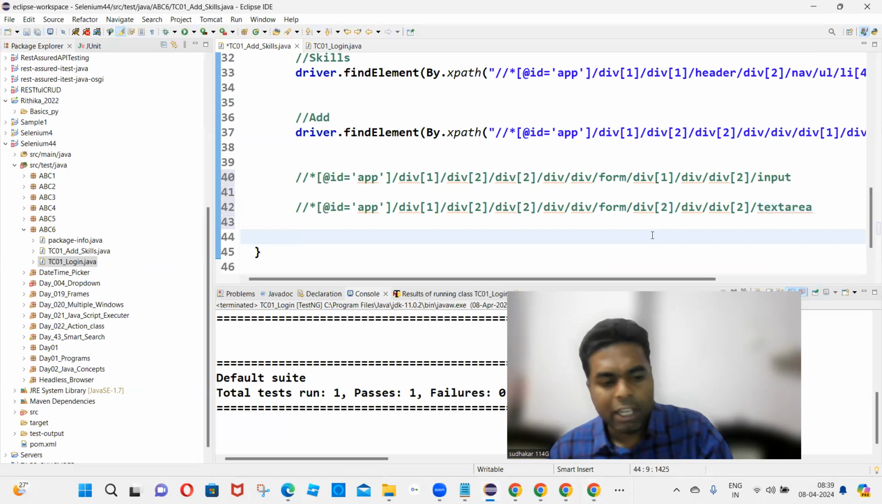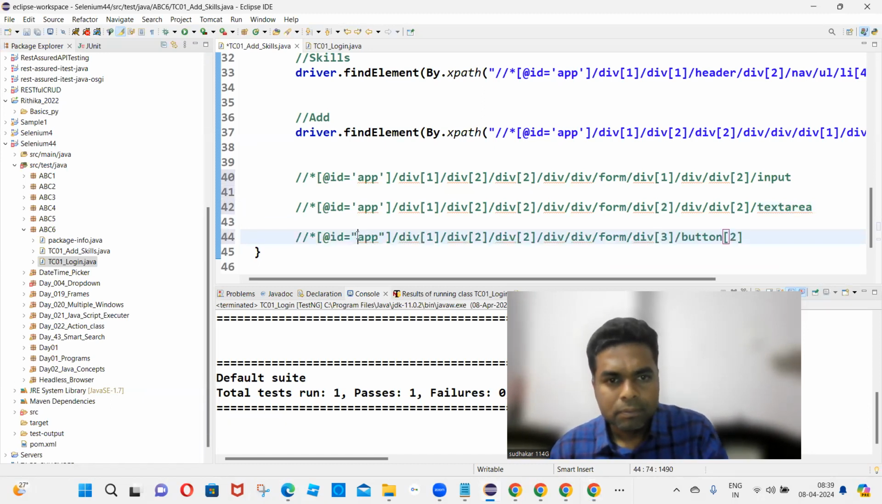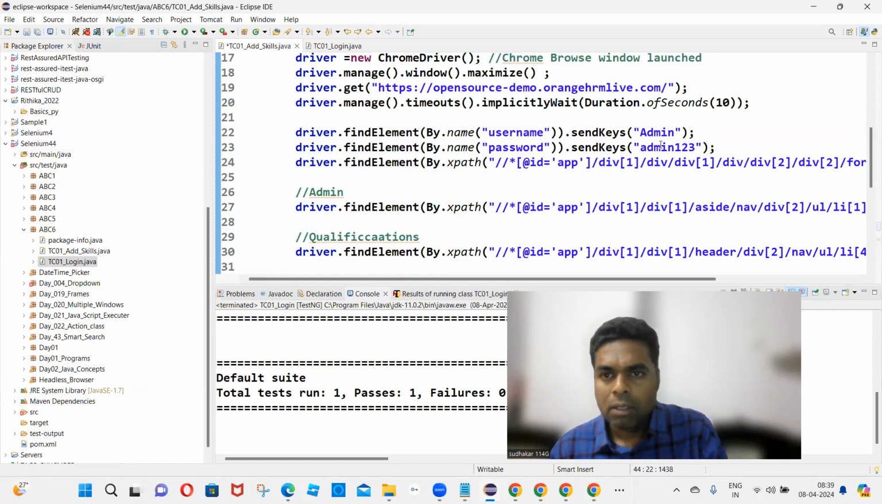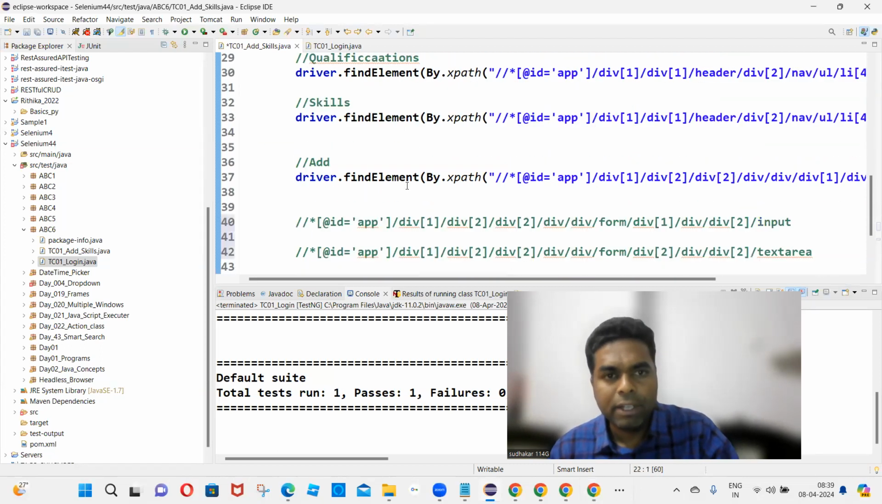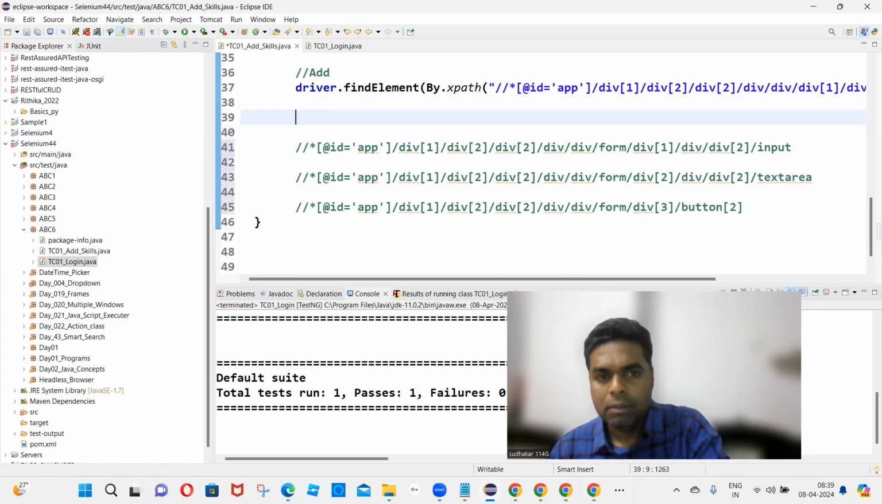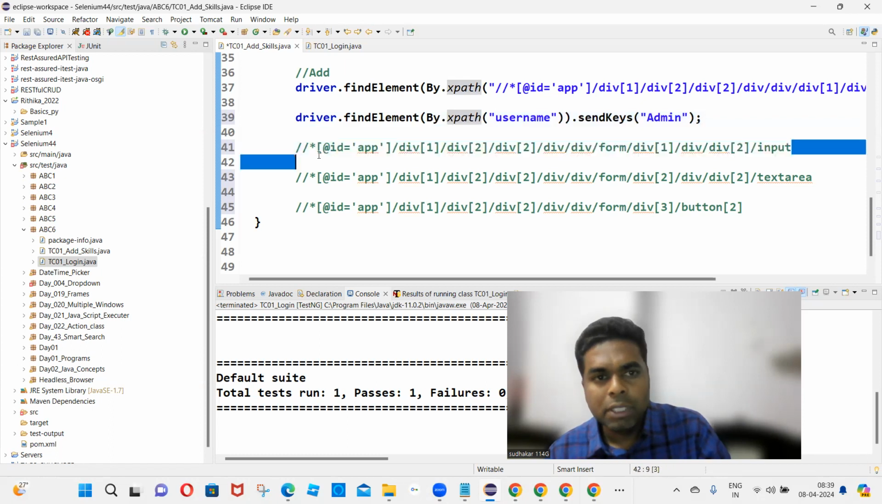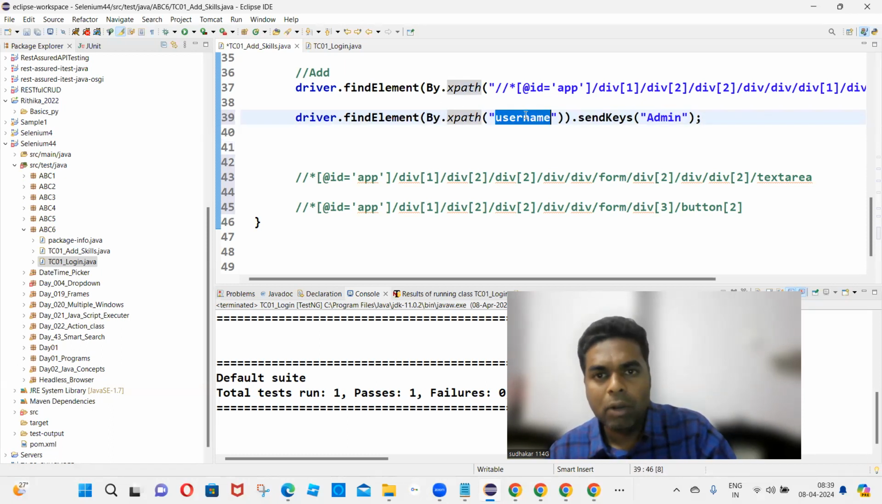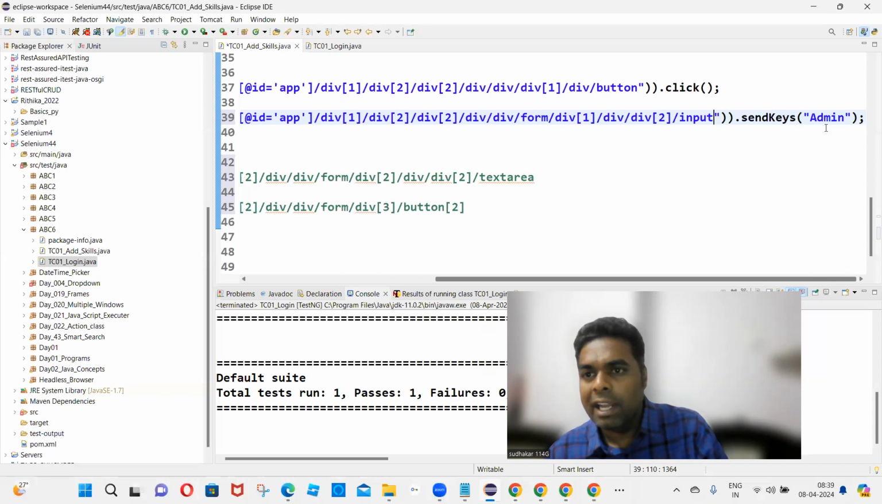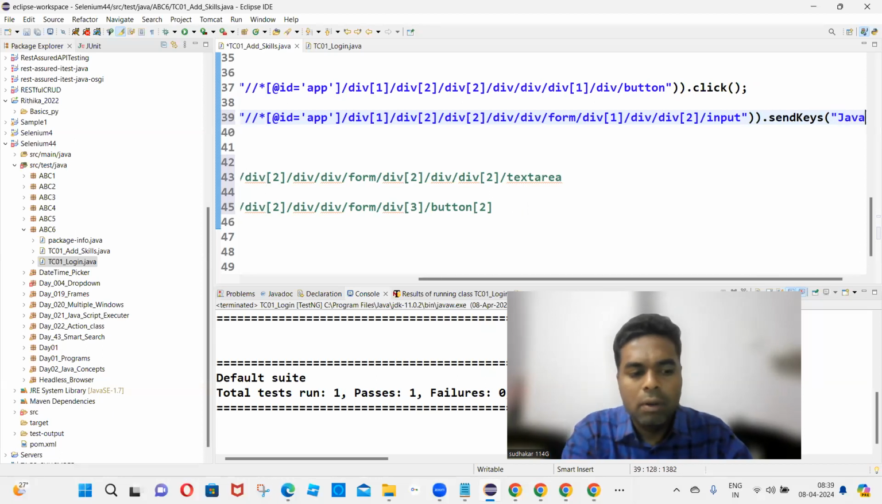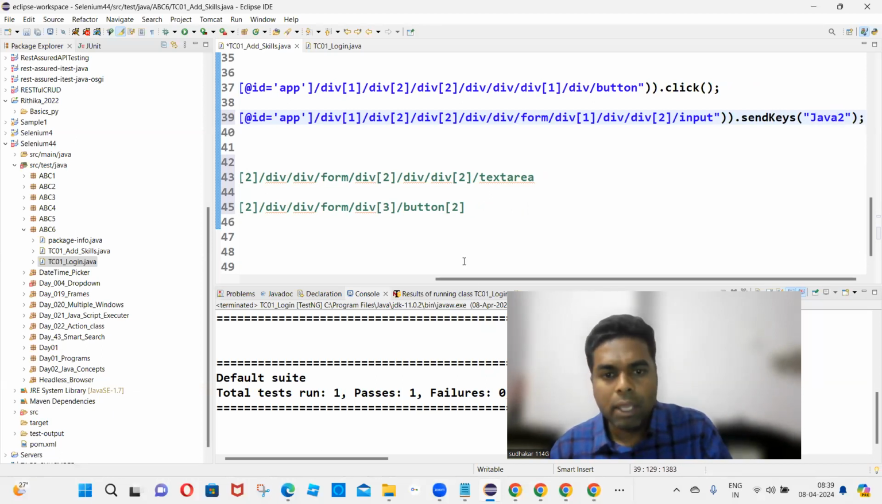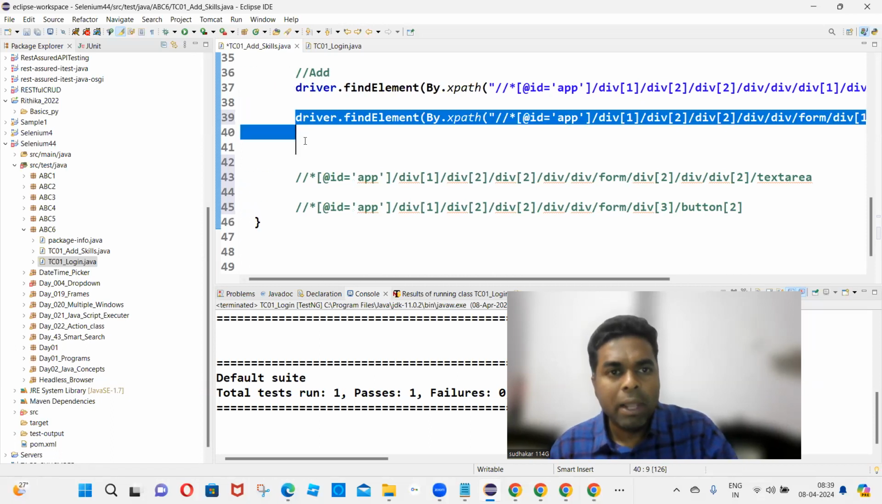So I have to write 3 commands. Save button dot click. So right. So I'm taking this line of code for reference. So this is XPath. So this is the one XPath I'm changing here within the double quotation. So I want to enter skill name as Java 2. Okay. And the same line of code I'm copying